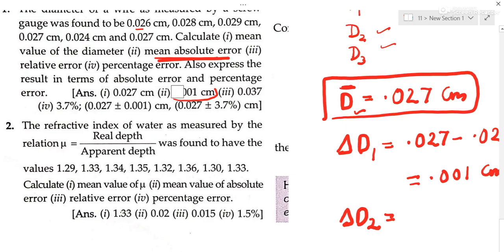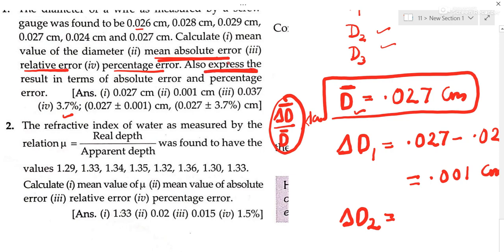Then the next part is easy. Relative error. What do we do in relative error? Errors mean we keep up first, and values mean we keep down. This is relative error. And when we multiply this value into 100, whatever comes, that is percentage error. But do everything and check your answer here. This is percentage error. Then report the result. Express the result once in terms of mean absolute error, so plus minus error, and once in terms of plus minus percentage.